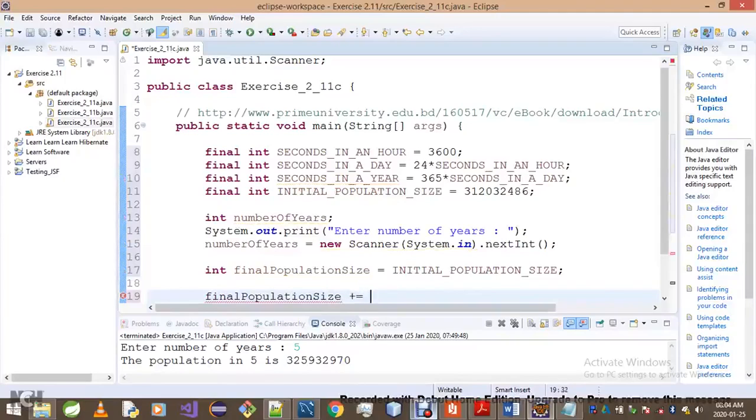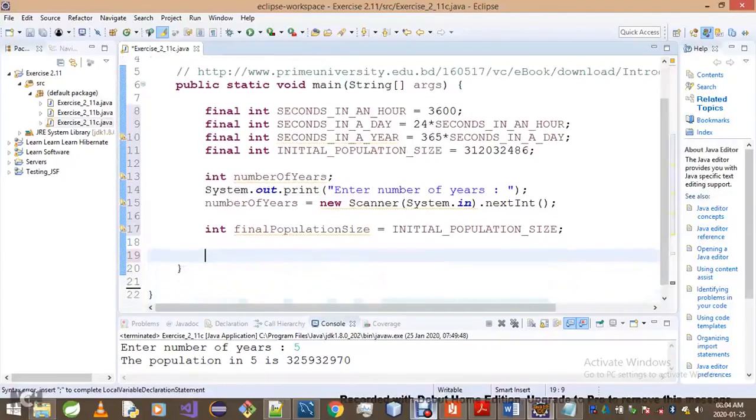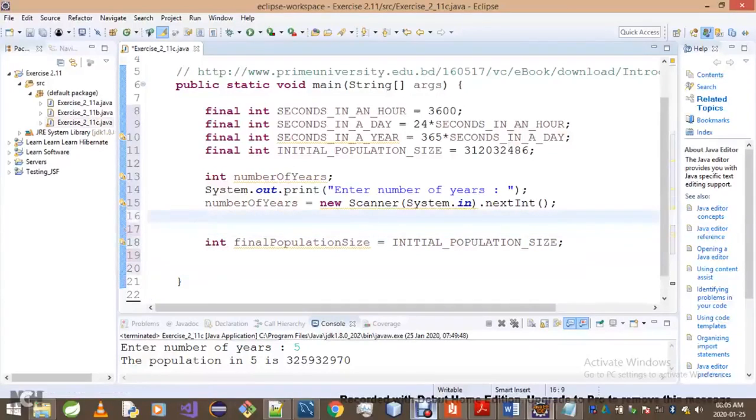On that, we've got to add, before I do that, you see, you guys, in programming, you happen to think of one thing, and then next thing you know that in order to do that, there's something else that is required to be done first. Okay, and right now I'm actually thinking of calculating the number of seconds on the given number of years. Okay, let me just go